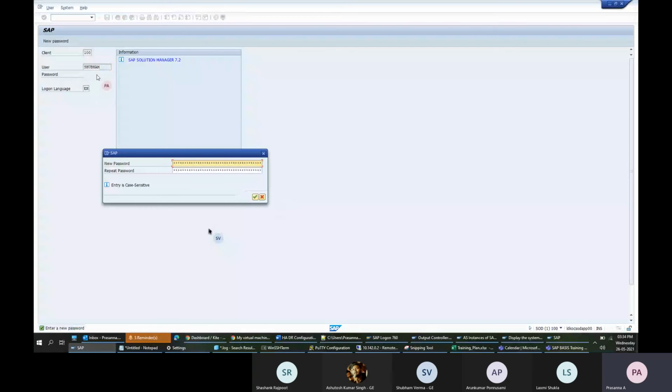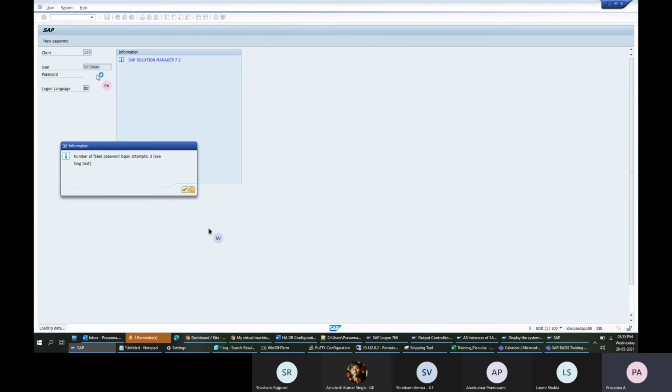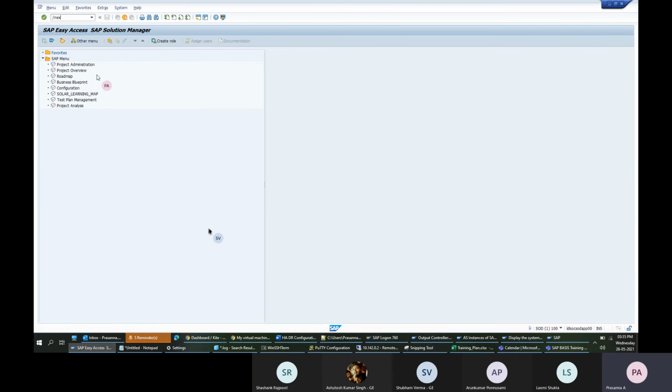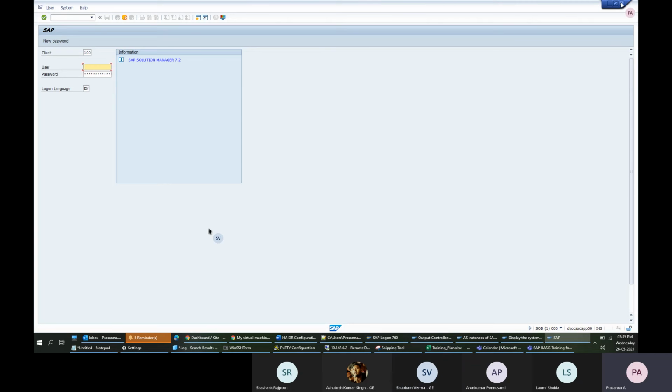Since I reset the password, next time the user logs in, it will have the initial password status. He has to set up a new password again. I'm setting it to basis123, all small. So now I set that password the first time. Next time, if I log in again, it will not ask for resetting. I can log in with basis123.